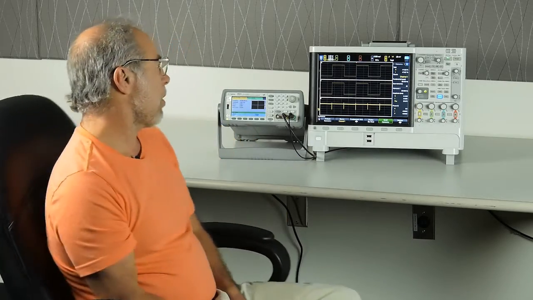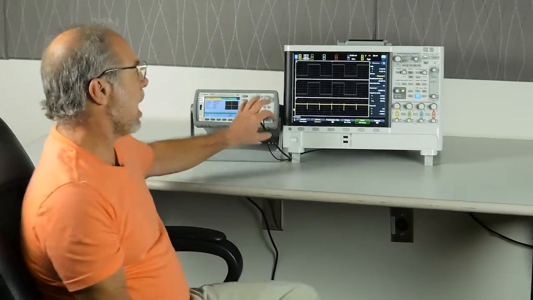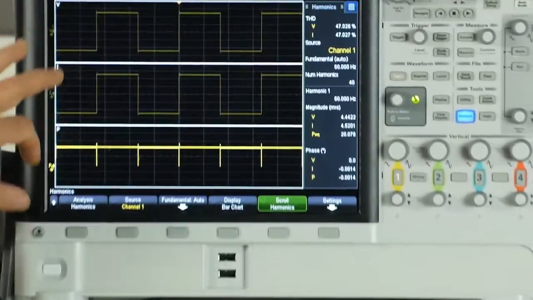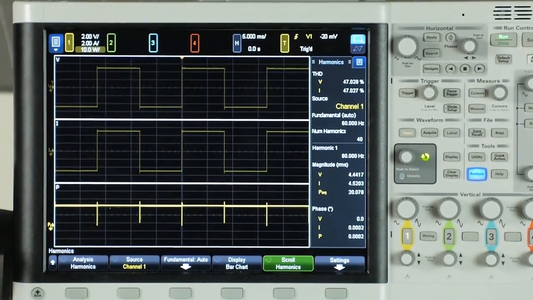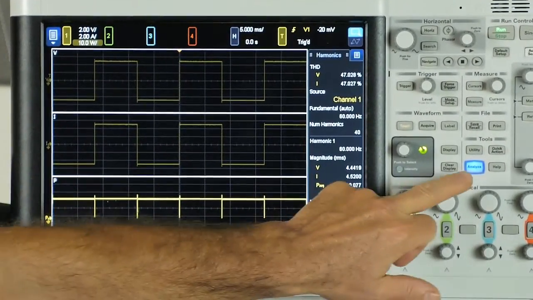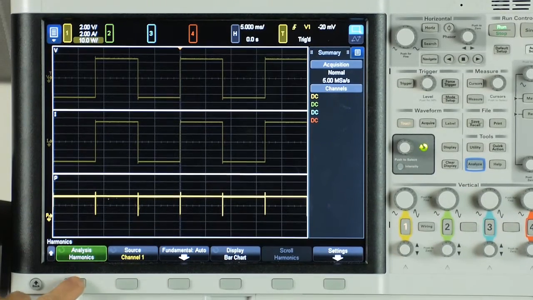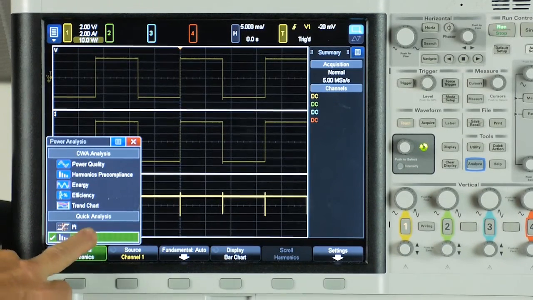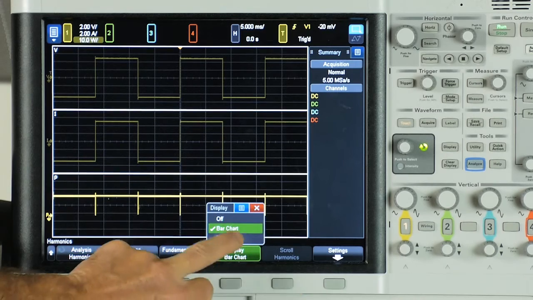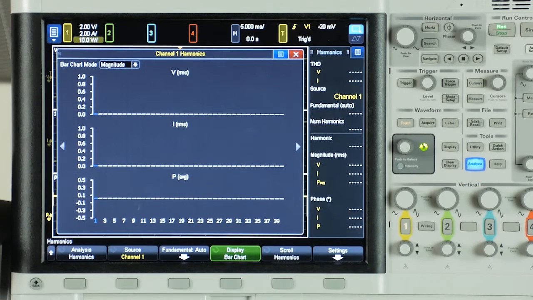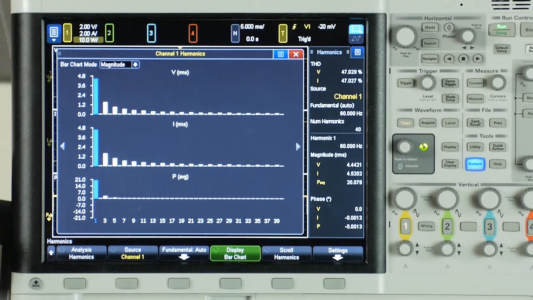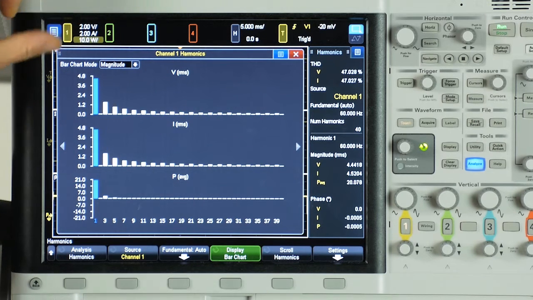So here's our power analyzer. Right now you can see that I have a square wave going into both voltage and current, and I'm going to turn on the harmonics. You do that by pressing the analysis button, analyze harmonics, and the bar chart button there. Okay, so what you can see on this screen is the magnitude of each one of